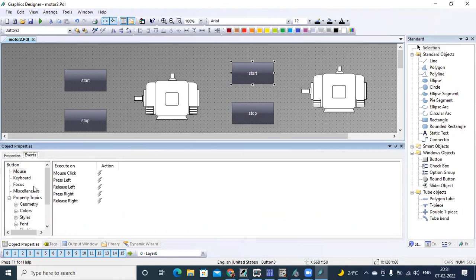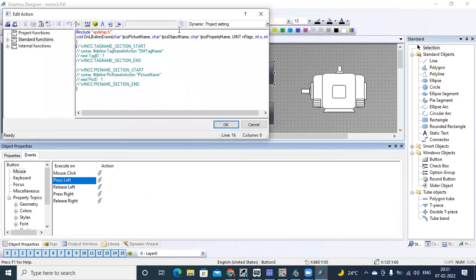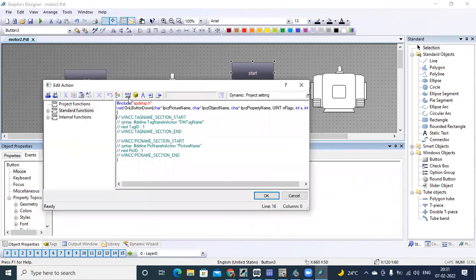In the events, mouse, press left, C action. When you select C action, you can see it has opened a new window. This is your scripting window.